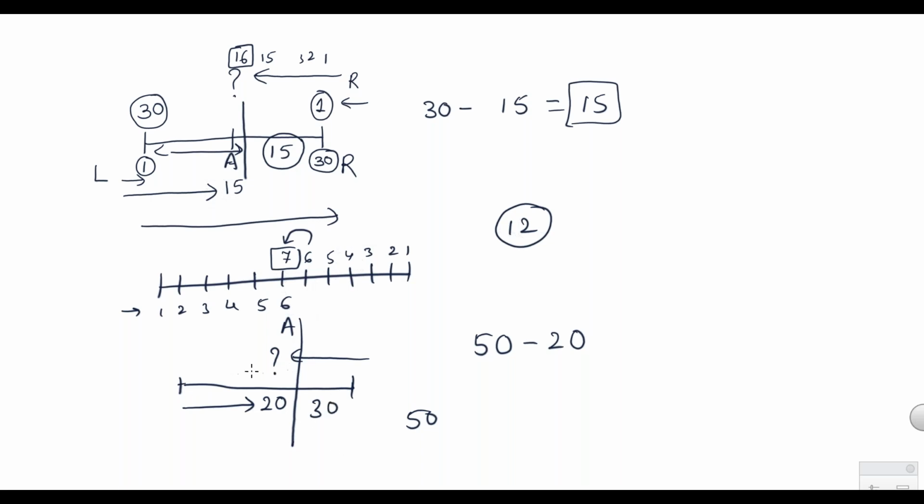When I'm subtracting 20, I'm excluding 20 people. In these 20 people, I have excluded A also. But I'm finding A's position only. So A's position will come after 30 people. So that means after 30, I will get A, which means plus 1. 50 minus 20 is only 30. After these 30 people, A's position is there. That is plus 1. Right? In this case, you have to take 50 minus 20 plus 1.